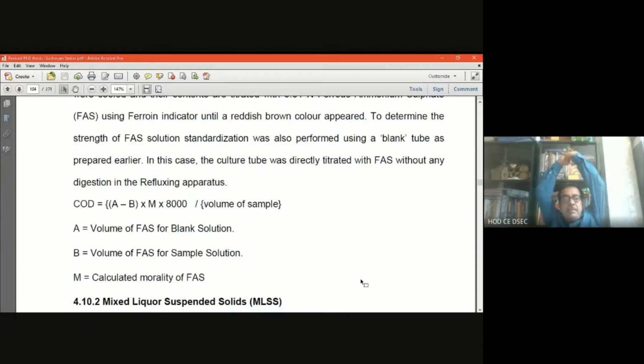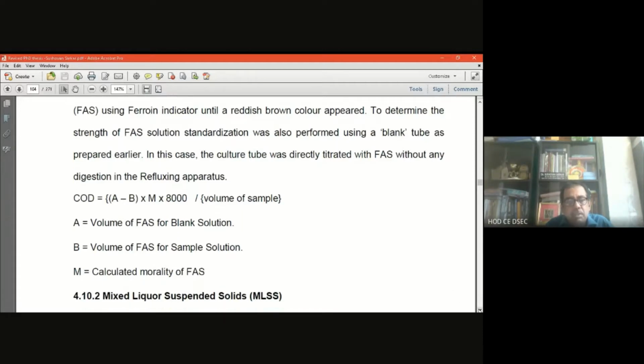And lastly, if you remember, when I was talking about the adequate sample, suppose you have used a dilution factor of 5 or 10, then you have to multiply with the dilution factor for getting the proper COD, because dilution was done for minimizing the reagent. So the actual value of the COD will be determined once you multiply with the dilution factor you used in the laboratory, that is 10 times or 5 times. This is how the COD, one of the characteristics of wastewater, can be determined.